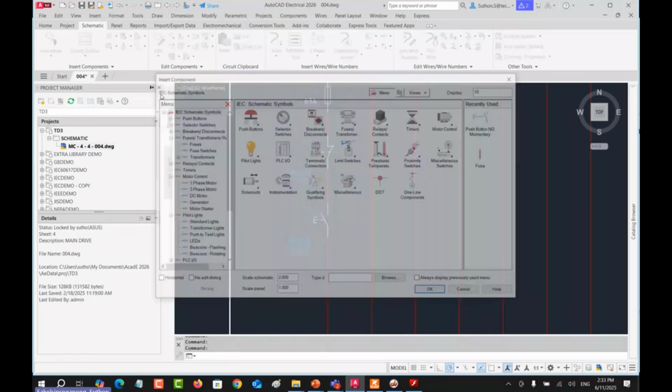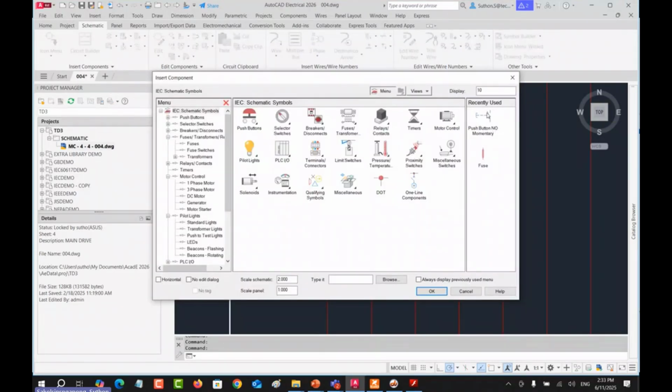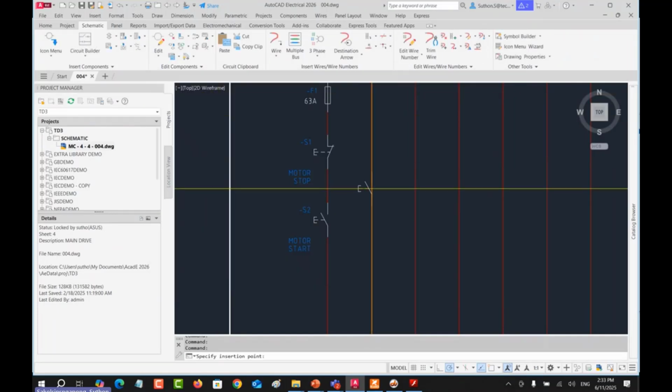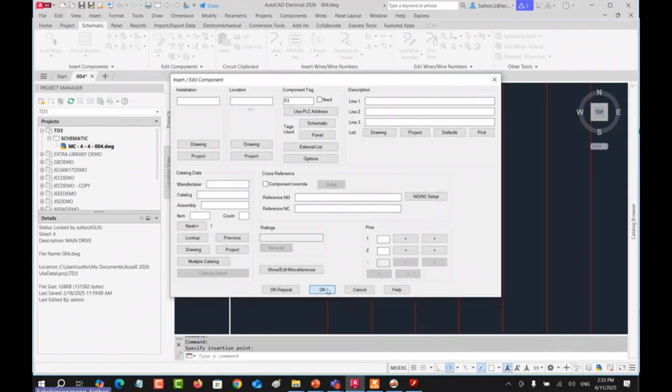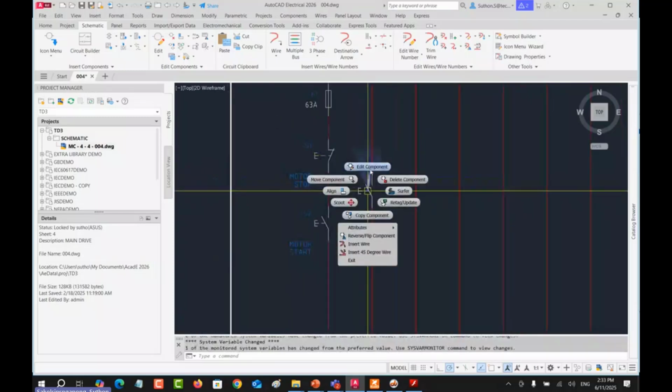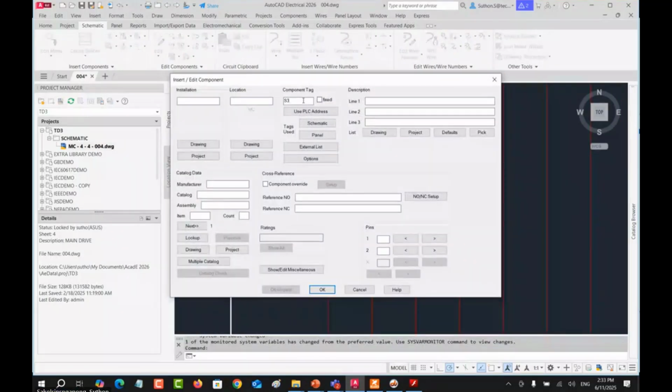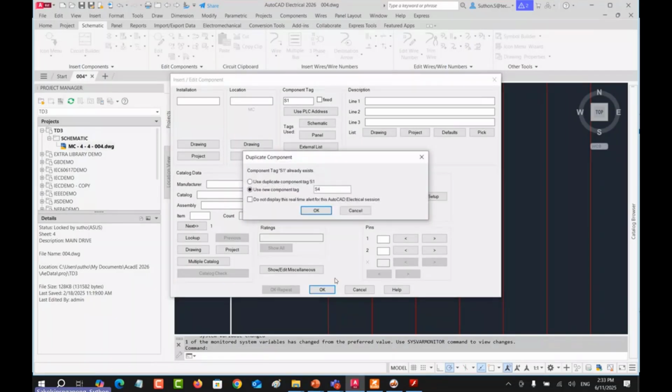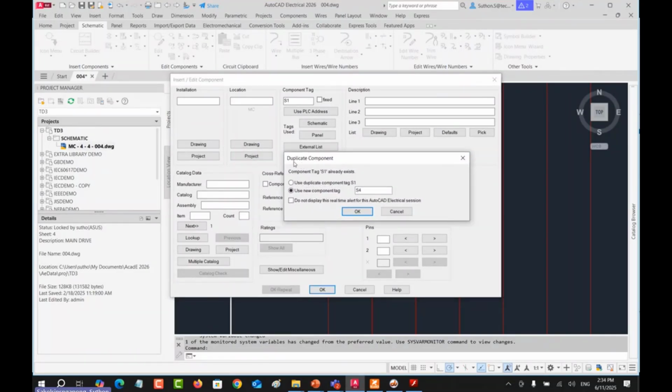And you can assign the S1 and S2 to any push button. For example, if you create some push button here, it remembers the recently used. You can use this one. You can guess what the tag for this component should be: S3, right? And it's S3. You can see that. But if you want to change to S1, what will happen? S1. The system will tell you that it has a duplicate component. So the system suggests you use S4 instead if you are not satisfied with S3.